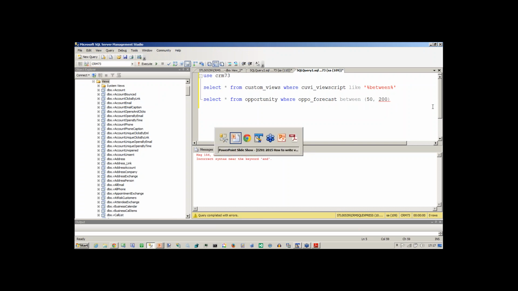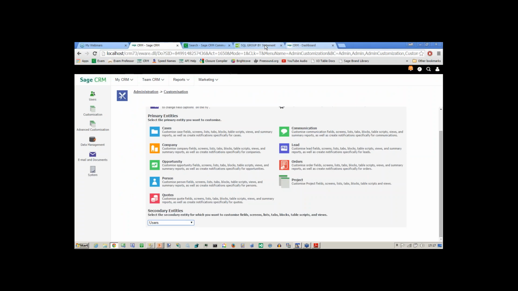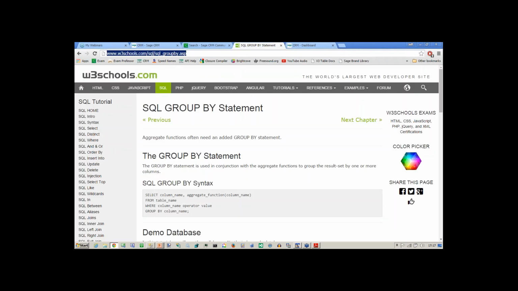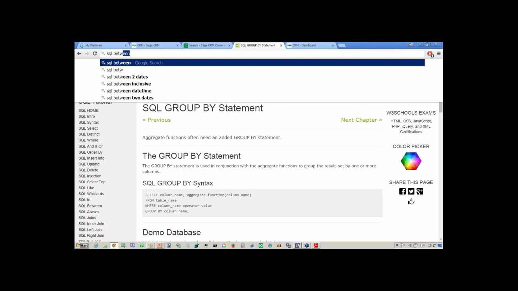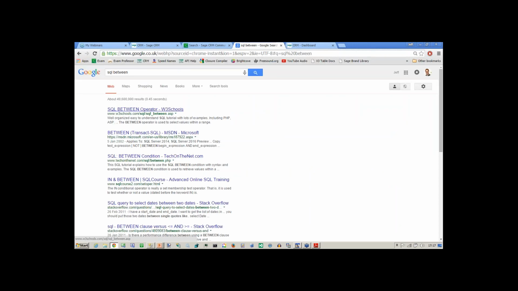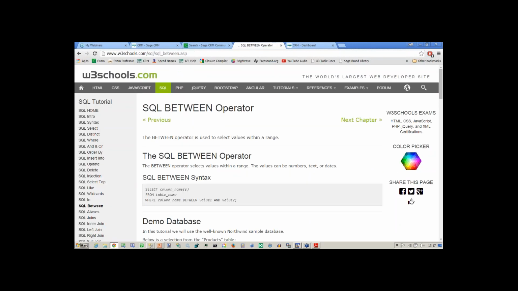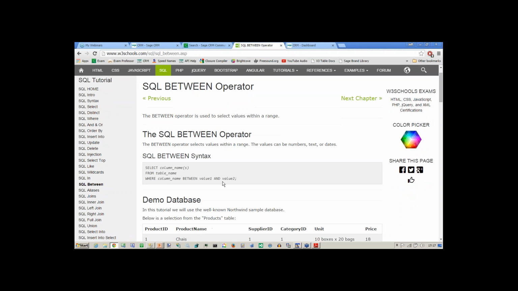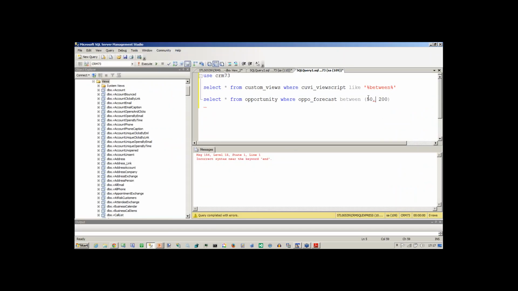This is where it becomes essential to be able to look at the SQL BETWEEN operator, and you can see BETWEEN value AND value. There we are. It's the brackets which are causing the problem. I was right, the brackets were wrong, which actually is one of the